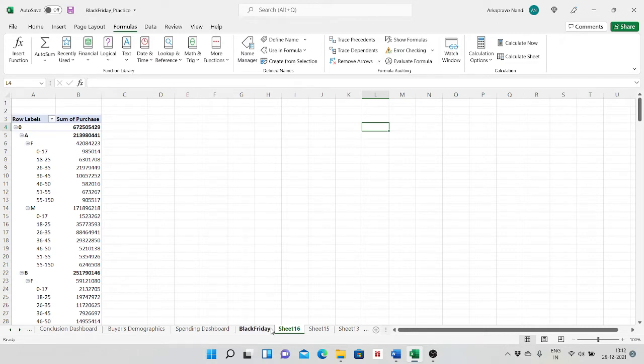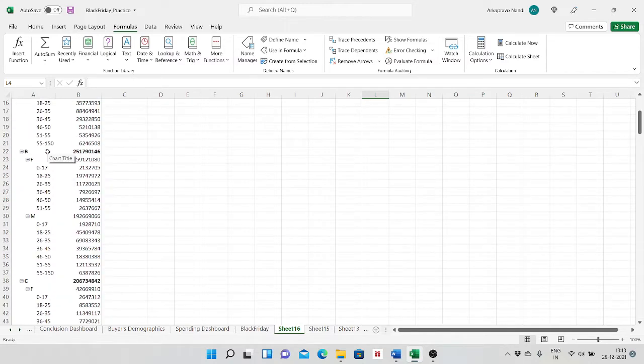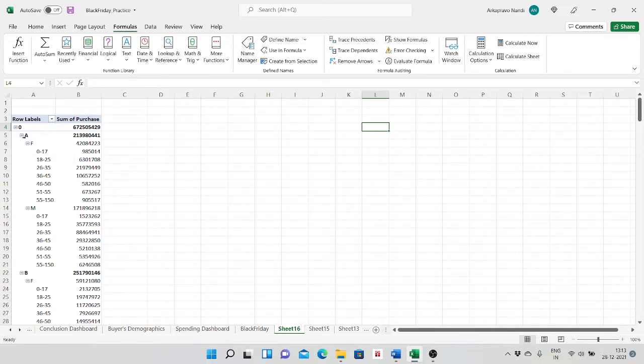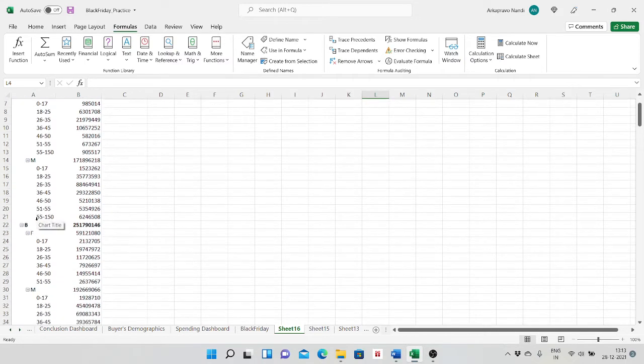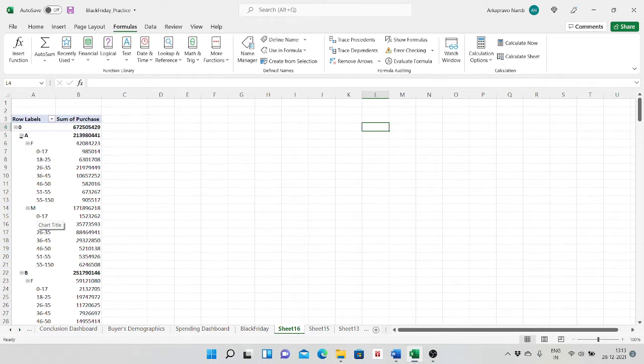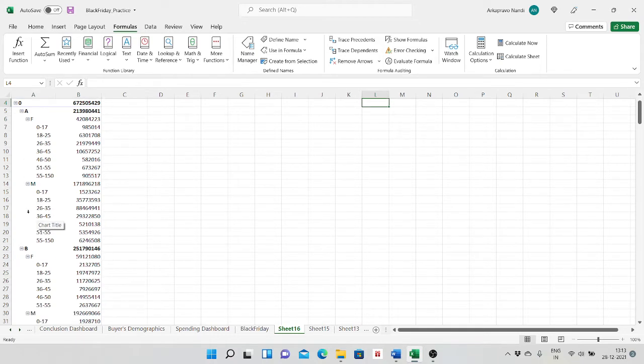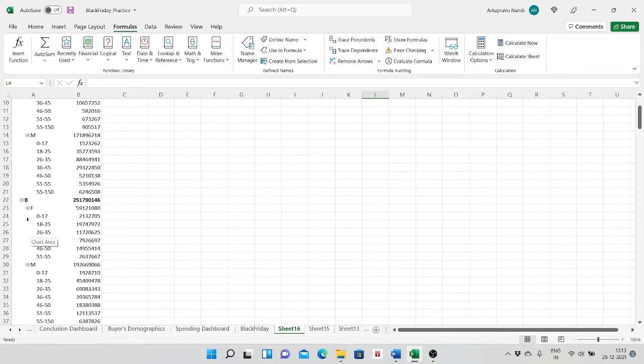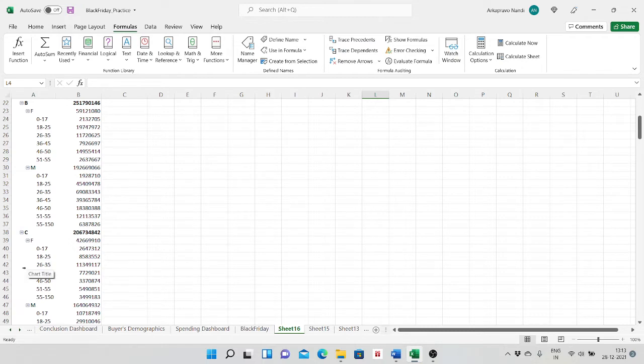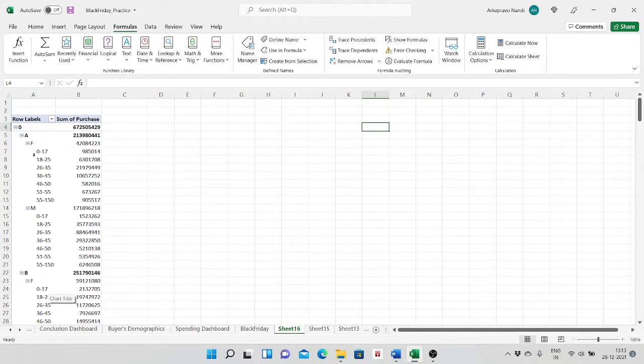Because while creating the dashboard, I need certain columns or tables. Here there are several income groups, and under each income group there are people living in three different cities, A, B and C. Under each city there are two genders, female and male, and corresponding to each gender I have printed their sum of purchase during the Black Friday dataset.